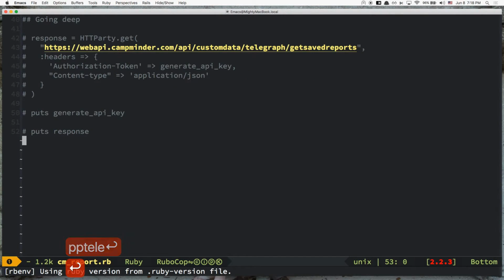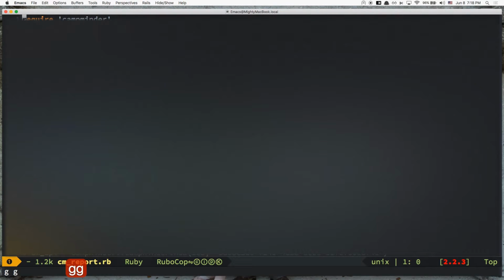In this particular project, I'll often test out this other API that I'm working with by just running this whole file on the command line, Ruby file name. But I can also